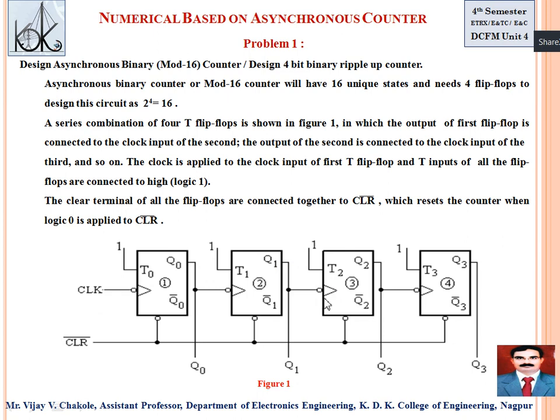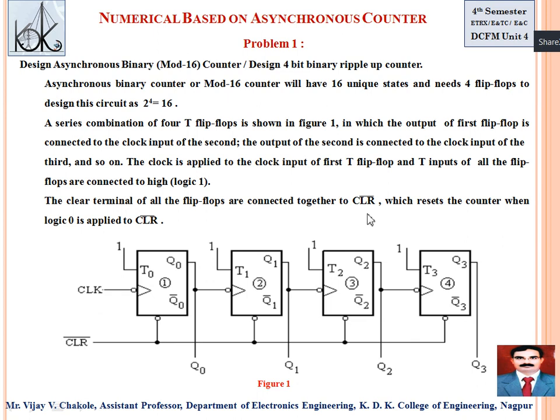Here the requirement is a negative edge, but you are providing 0 to 0, so again there is no effect on flip-flop 3, right? Previously Q2 equals 0, and next is also 0, a low level. Here the requirement is a negative edge, so again flip-flop 4 will not change. Previously Q3 equals 0 and next Q3 equals 0. So your next output is 0001, which is 1. You are moving from the 0th state to the first state with 1 clock pulse.